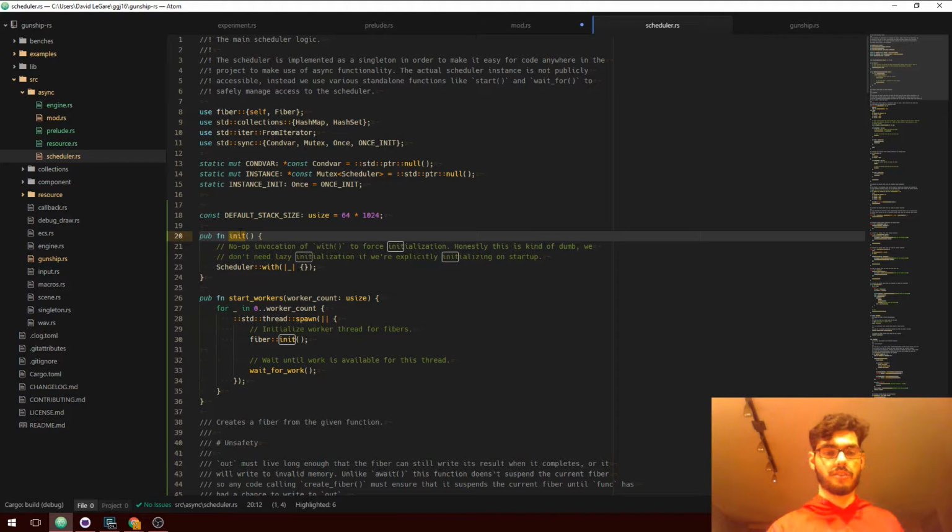Because I think the idea is this whole scheduler dealio is basically how I'm doing my asynchronous, fiber-based coroutine operations. The idea is that this can probably be split into its own crate, and it can actually be something that I can publish to crates.io because it has some pretty reasonable functionality on its own that I think other people would get use out of. But that's something I'll worry about later.